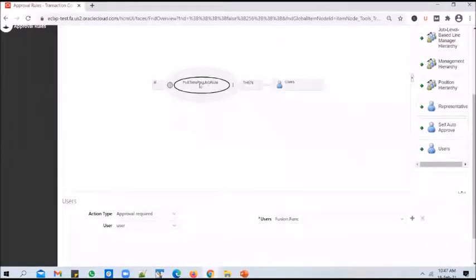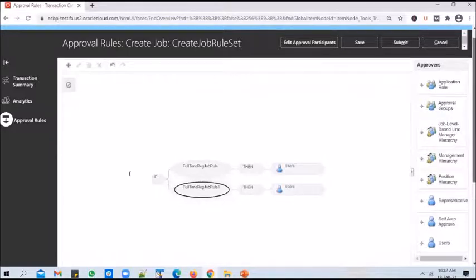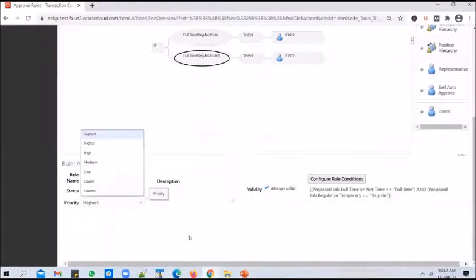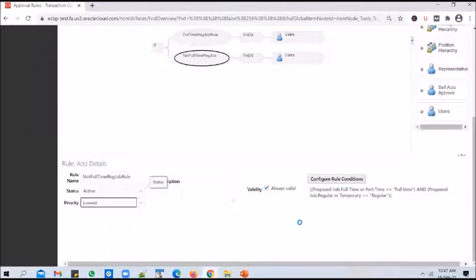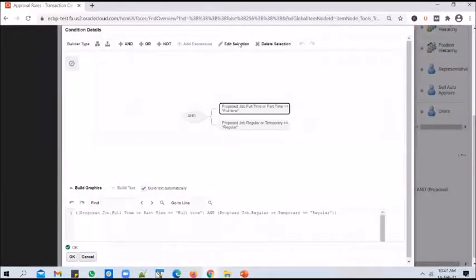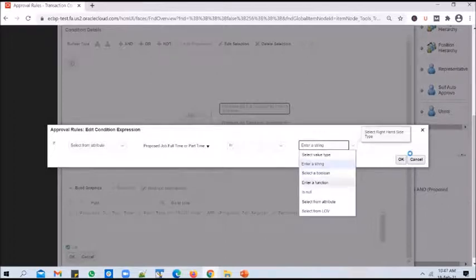How do we add it in? You can duplicate this rule. So you can select the rule and duplicate the selected rule. Then you can take out one, and say it's not a full-time regular job, and we'll assign the priority as lowest. And in the configure rule conditions, we go in there and select the condition and say not equal to.